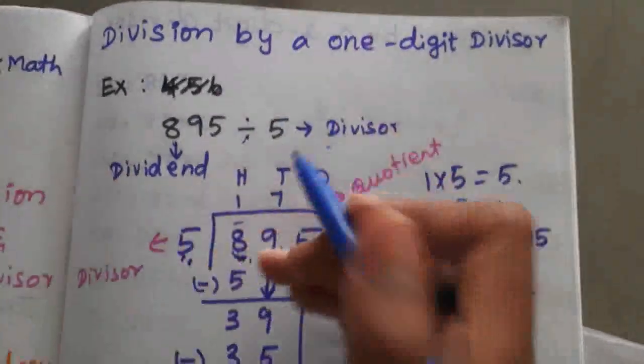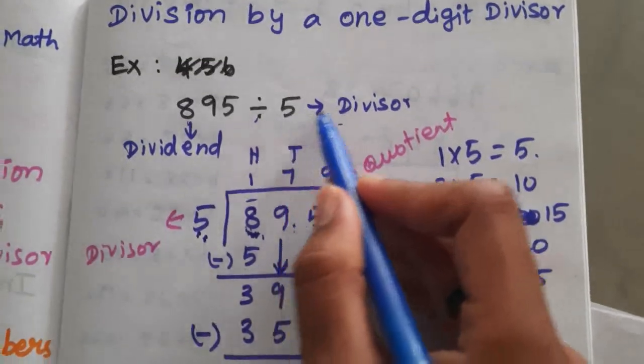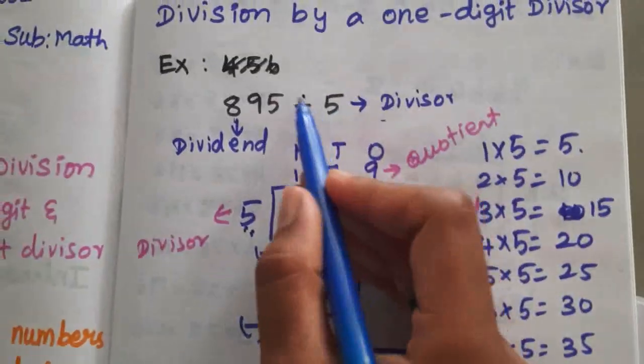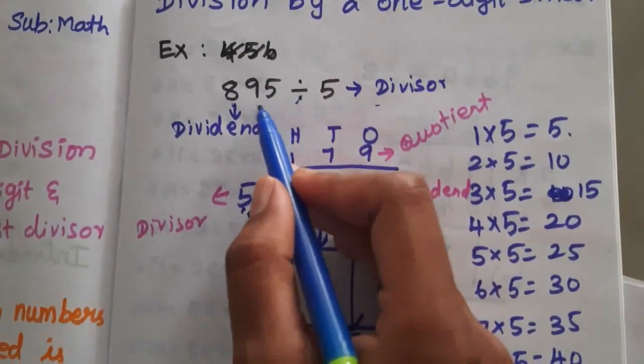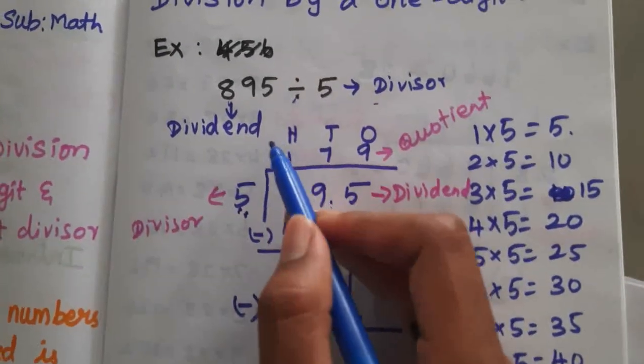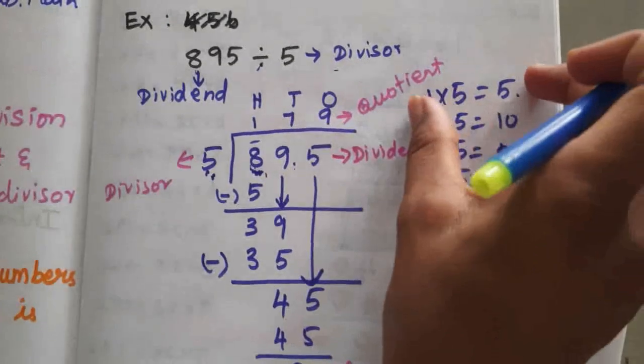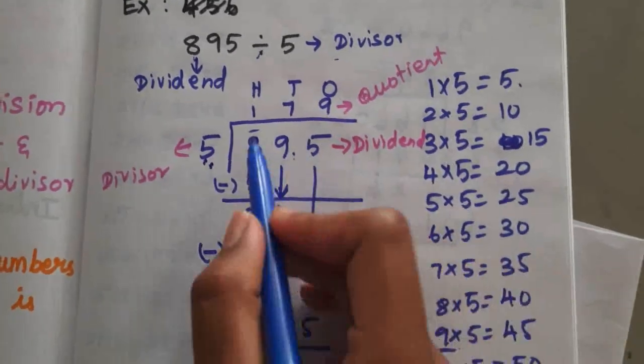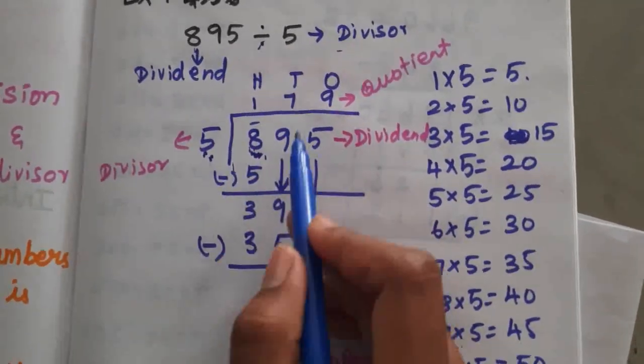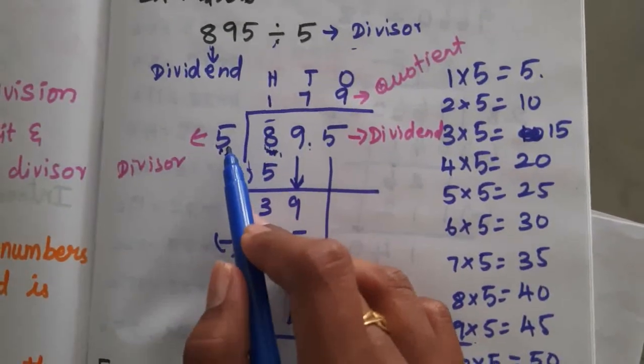Okay, so here after the division symbol, that number we call it as a divisor. Before the division symbol, that number we call it as a dividend. While you are doing the division sum, first you have to write the tables. See, the dividend you have to write inside the box. Outside the box you have to write the